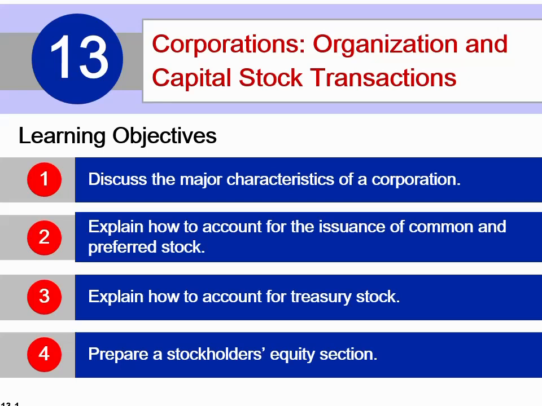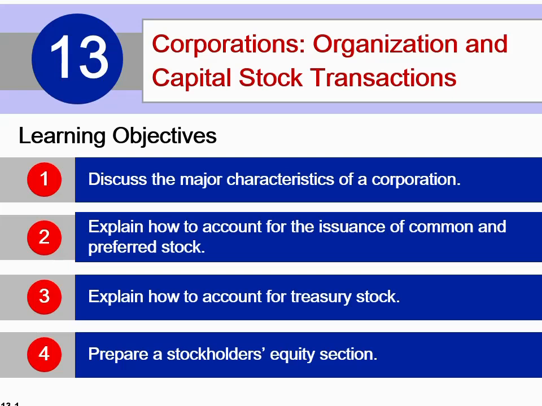I'm here to discuss chapter number 13 of financial accounting, which is about corporations, organization, and the capital stock transactions. In my previous lectures, I have discussed with you partnership accounts, its formation, its income distribution, and its liquidation. And now, from chapter number 13 onward, we will be discussing the companies or the corporations, which is the next step after the partnership, or you can say a bigger setup of organization or business, which is more expanded or which has more functions as compared to the partnership.